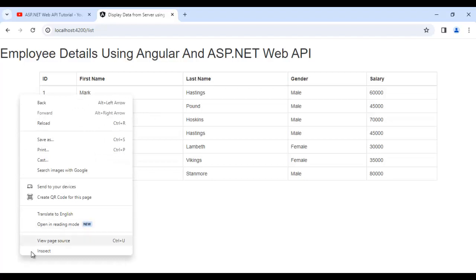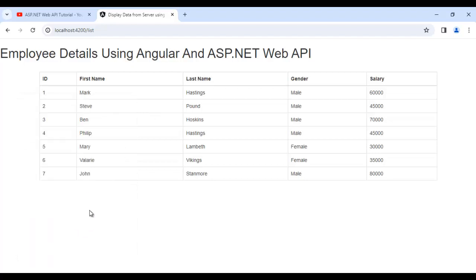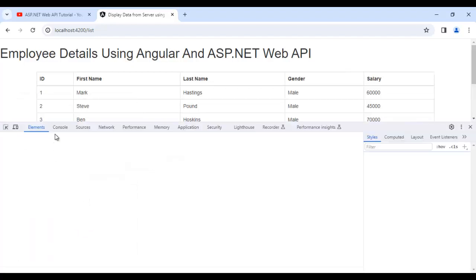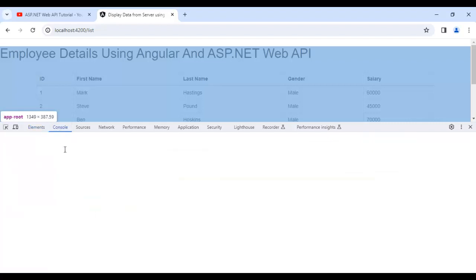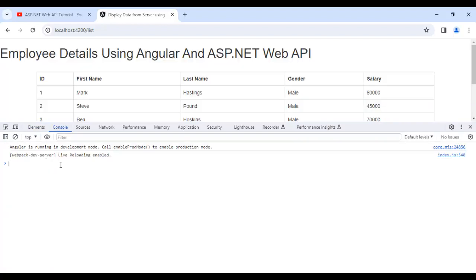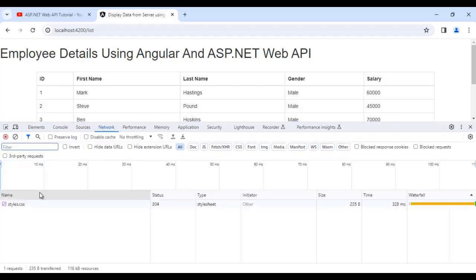So here I'll check, that is, go to inspect element. If you click on console, there I can see any error. Okay, it is running fine. And if you click on the network tab, see guys, in the network tab you'll get all the